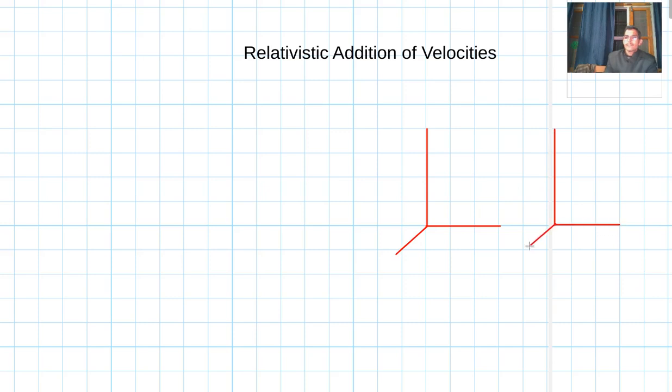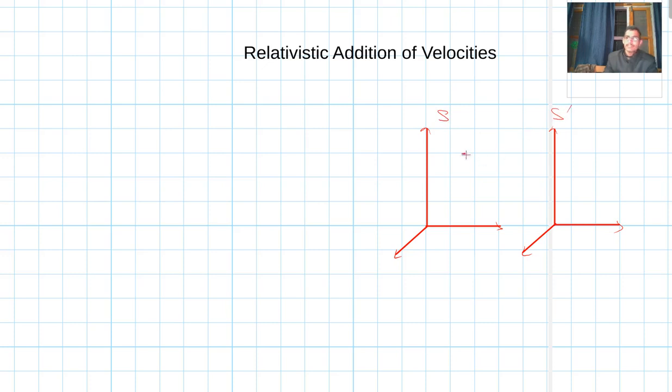It's like this, and one is the stationary frame and another is the moving frame of reference. So it is a stationary frame and it is a moving frame of reference, and say there is a particle